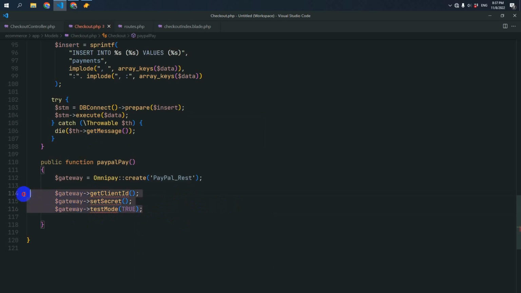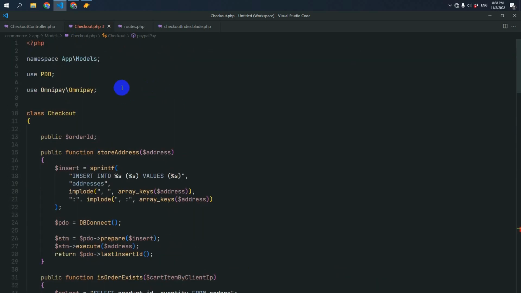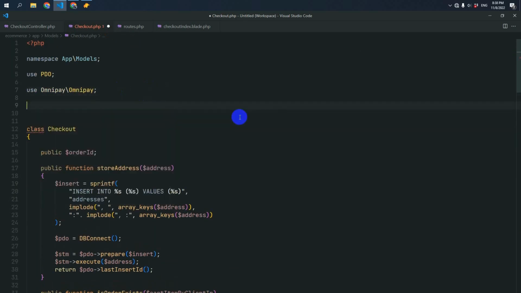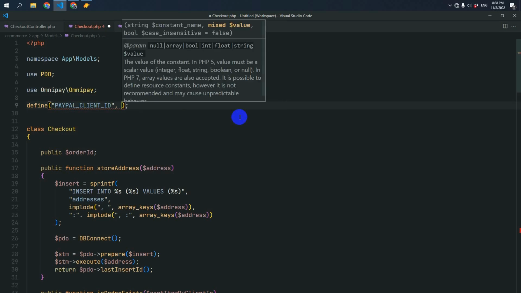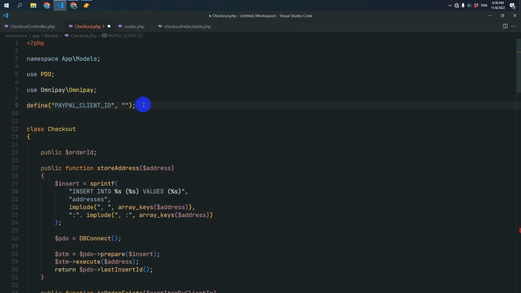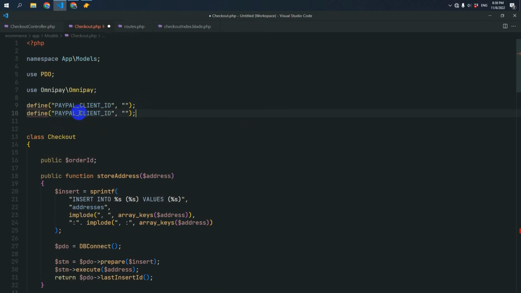So we will use this client ID, secret key, and test mode in two places. So we will define it at the top. Let's call define as a constant. We can say client ID, or we can say PayPal client ID. Then we can say a constant called PayPal secret key,